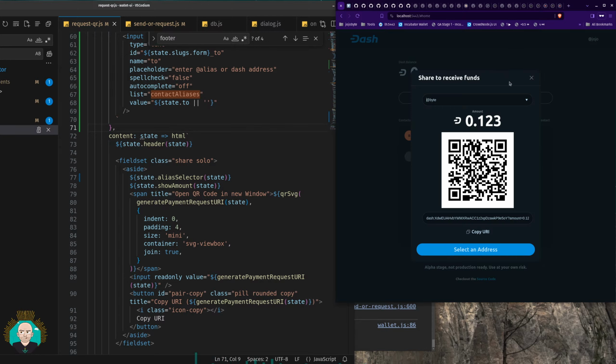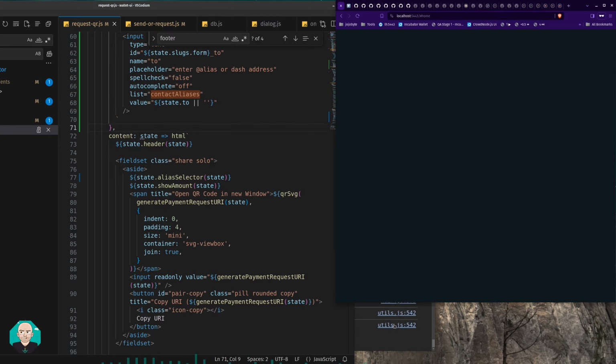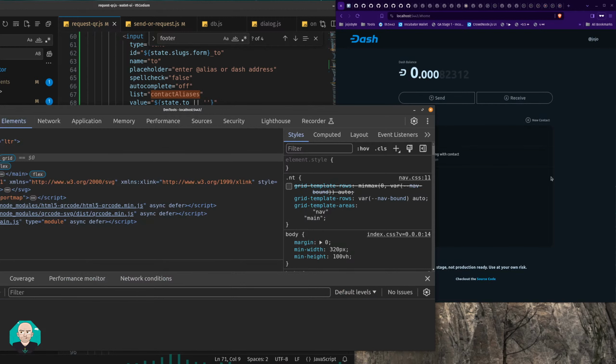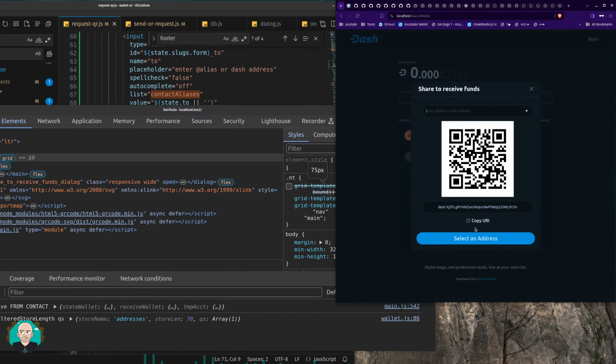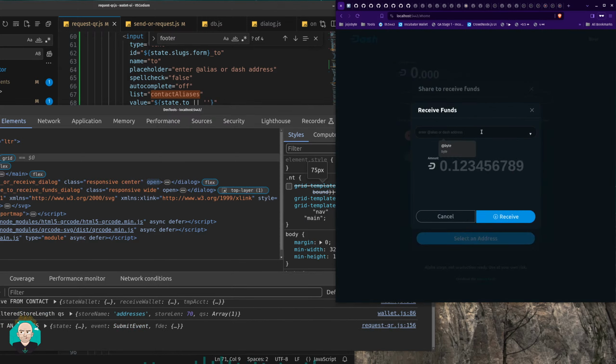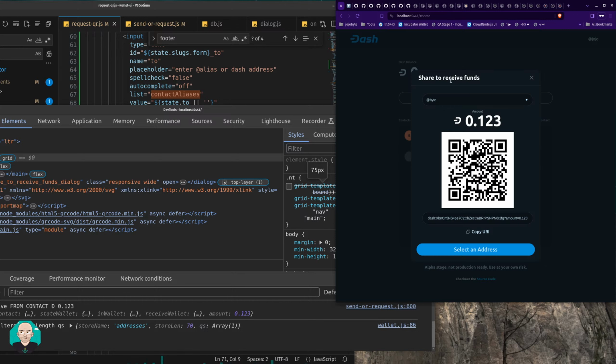Wait, did that actually set correctly? Let me retry that. Receive. Select an address. Byte. So I wasn't watching that closely, but thought I set byte there, and then do that, and it actually changed it. Did. So once I set byte, that's cool. I wasn't expecting that to work off the bat. I was assuming I need to do more for that, but